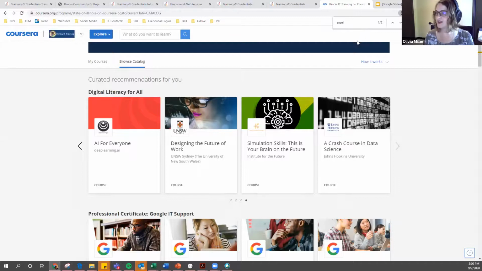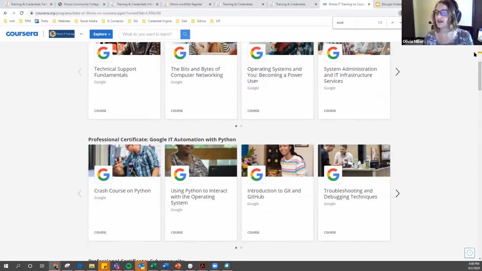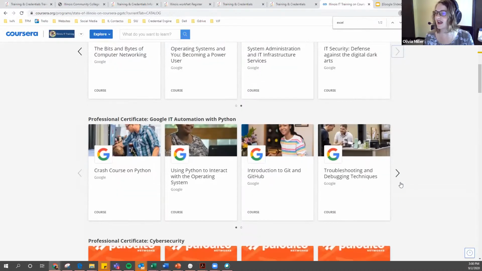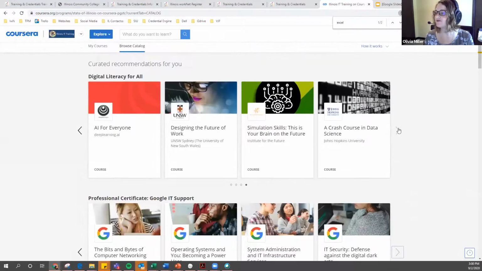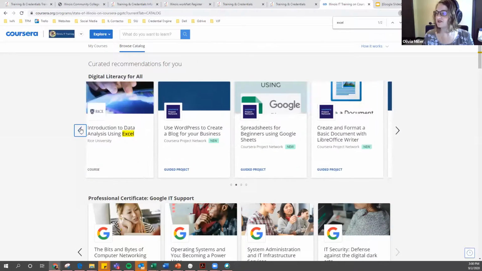Like if you're wanting to know if there's an Excel course, you can see that there's 2 references to Excel. So I can jump through here and try to pinpoint where those Excel courses are. You might have to scroll through some of these items a little bit to find them, but you can use that feature to track those items down.